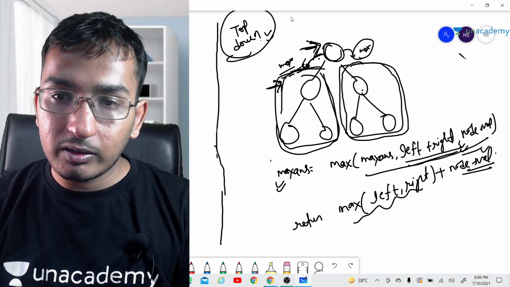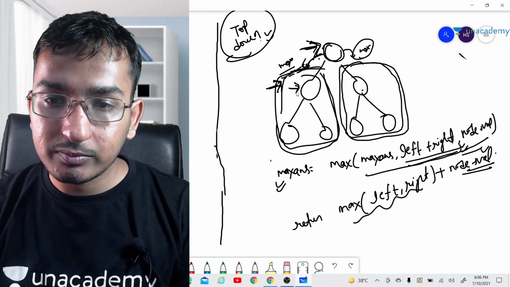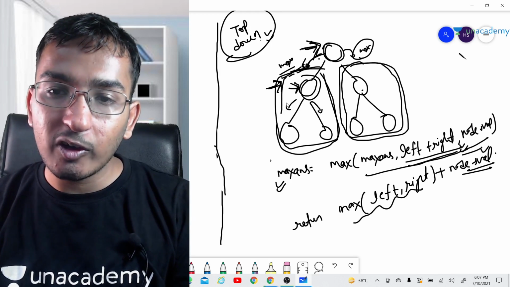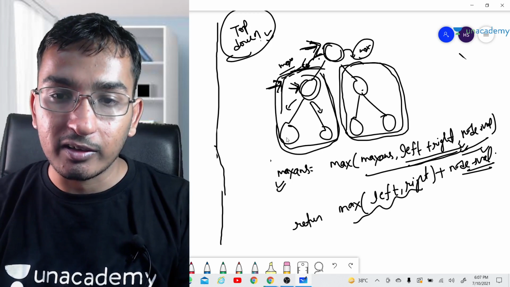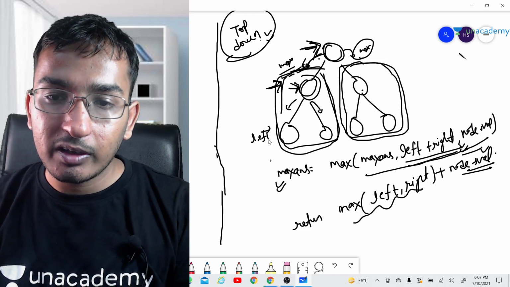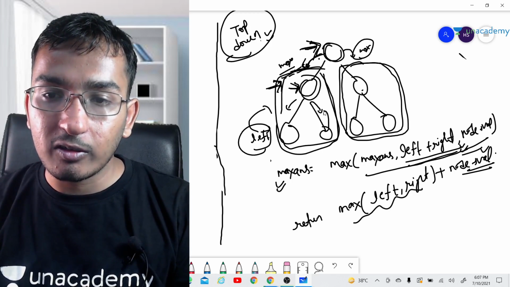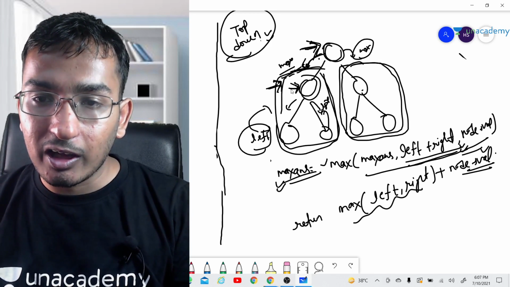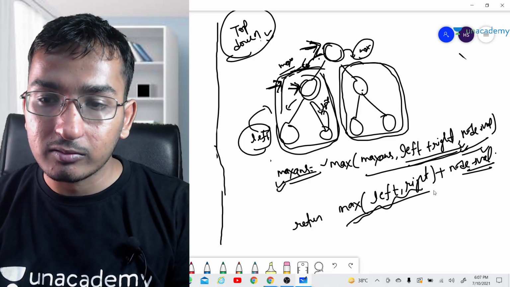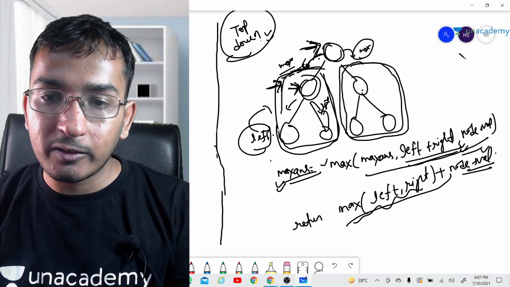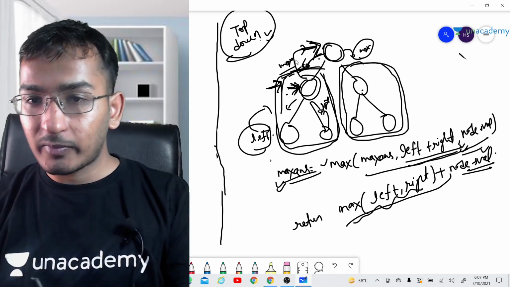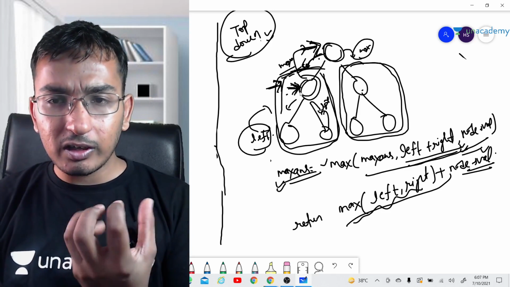Because suppose I am standing here, and it is again asking this subtree and this subtree, give me your maximum path sum, I will return myself here. So it is giving him like this is our left, this is our right, and it will try to update the maximum answer, right? And now this guy will return this value: whichever is maximum in left or right, it will take that, add it to itself and return. Okay guys, so this is the crux of this problem.